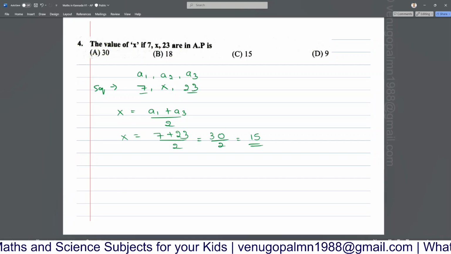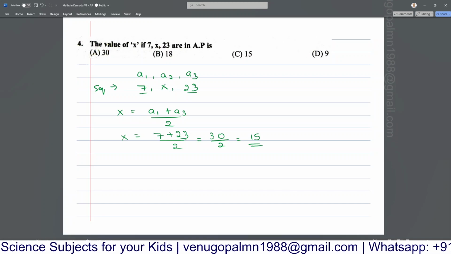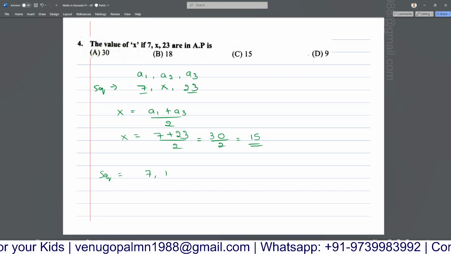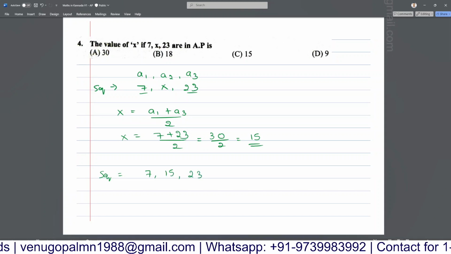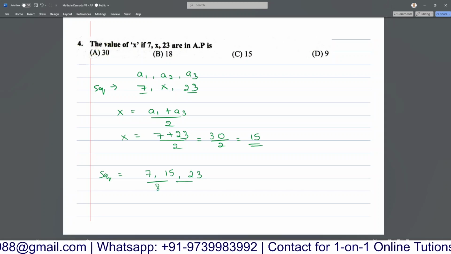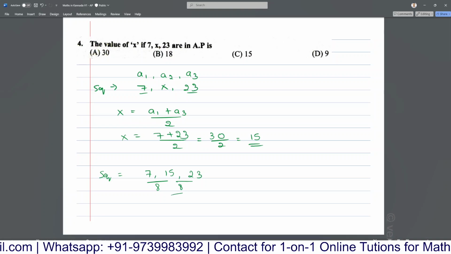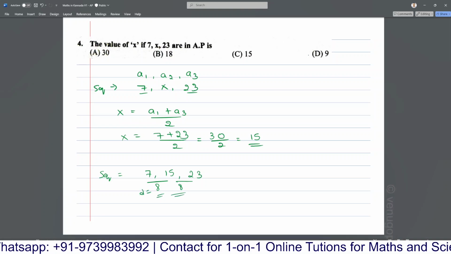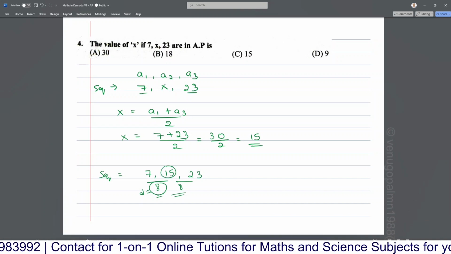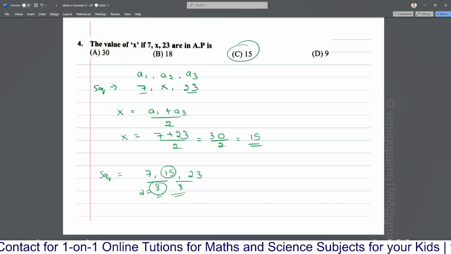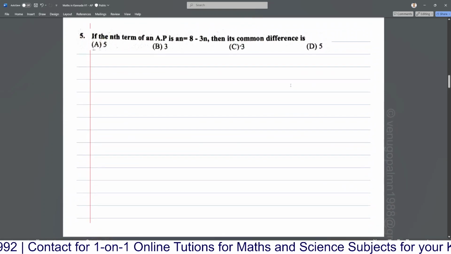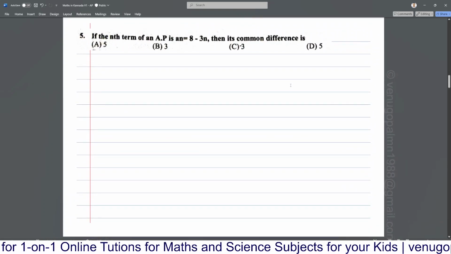And if you want to validate, the final sequence would be 7, 15, 23. The difference between A2 and A1 is 8, and the difference between A3 and A2 is 8. So in this case, D is equal to 8, the common difference. If they asked you to find the common difference, it would be 8, and the A2 value, or the x value, is 15. In this case, the right answer is 15. Got it, guys? So moving on with the next example, if the nth term of an AP is A of